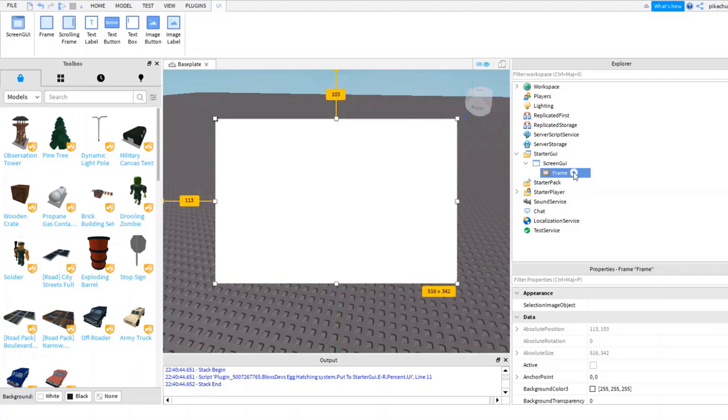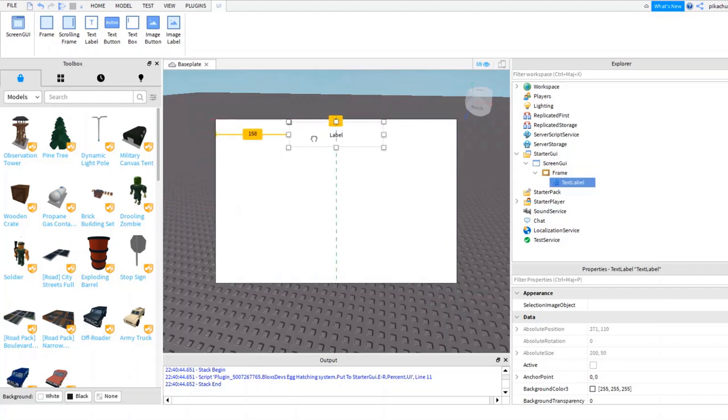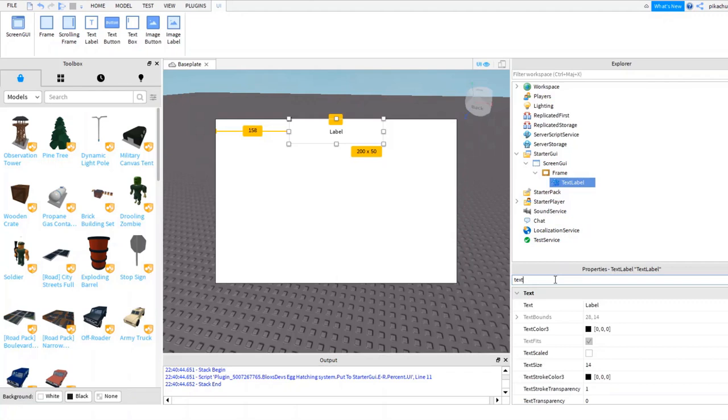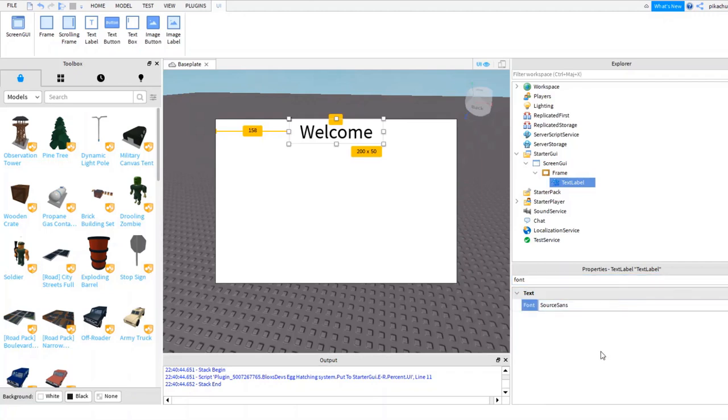Okay, looks good. So what we're gonna do after, I think we're gonna add a text label, and we're gonna say welcome, which would be something good. So this is gonna be the welcome message when you get in the game, and that's what we're doing right now. So here, welcome, and I'm gonna change the font to something a bit more exciting, like this,